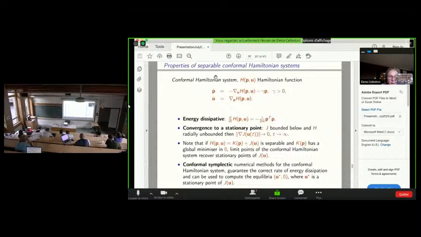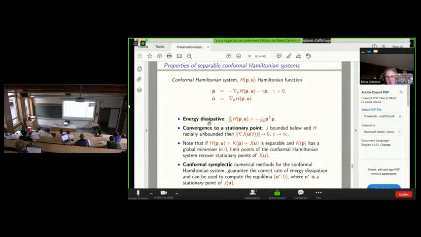The main property is that instead of preserving the symplectic structure, they are contracting the symplectic structure by a certain amount, given by an exponential of minus gamma t. So the symplectic structure is contracted by e to the minus gamma t.